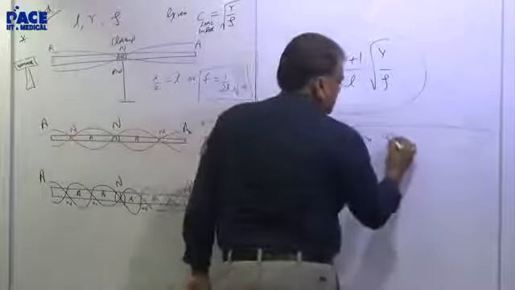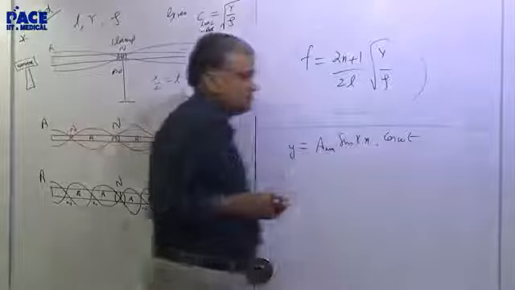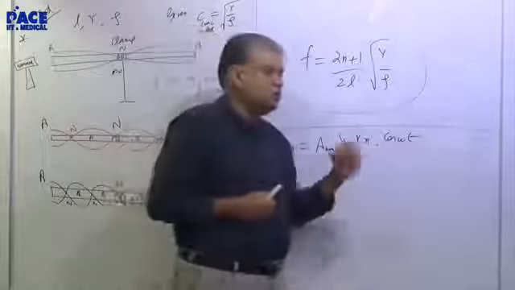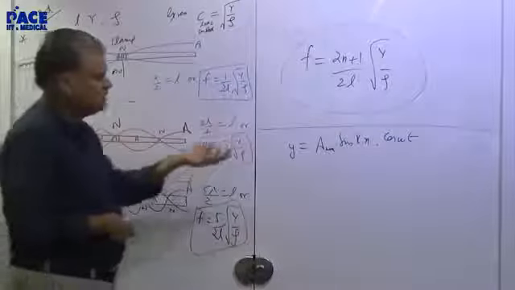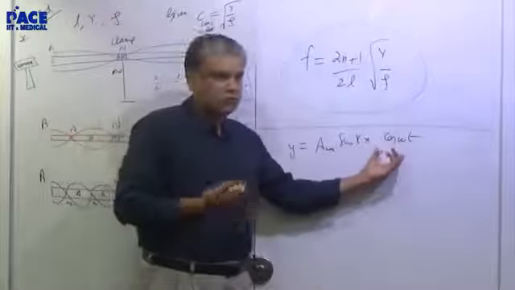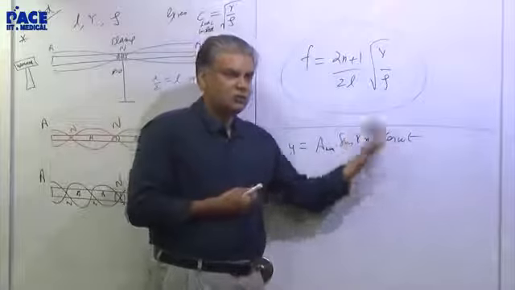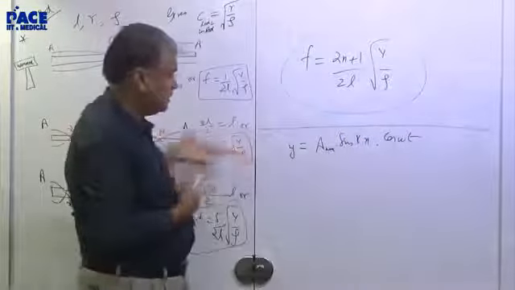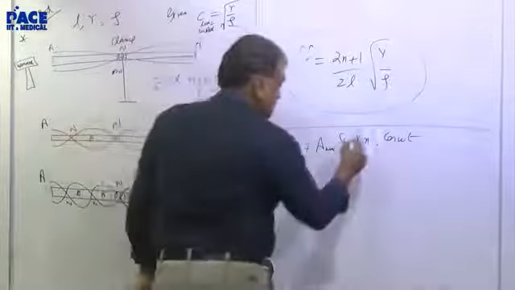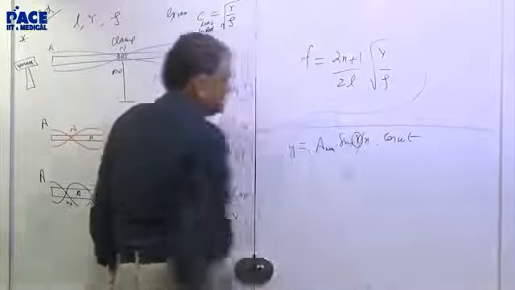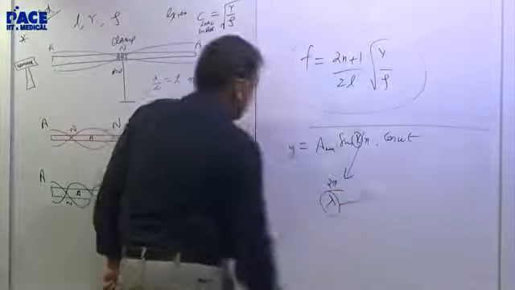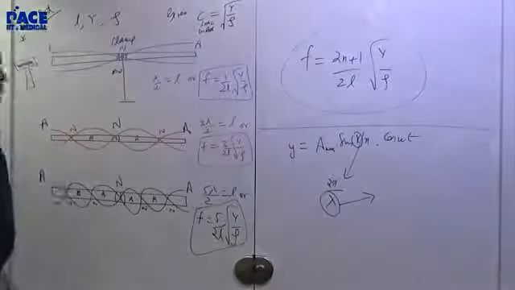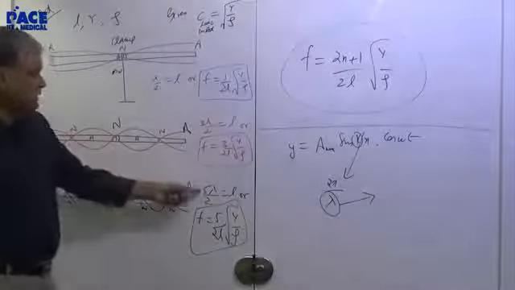And this you can write anything, sin omega t, cos omega t, because it depends on what is happening at time t equal to 0. That has to be specified, and if you don't specify, you can say cos omega t or sin omega t, because nobody is bothering about it. Right? Well, that's it. And now if you ask what is k, k can be found out. K is 2 pi by lambda, and lambda for a particular overtone you can find. So if it is the second overtone, then lambda is this much.